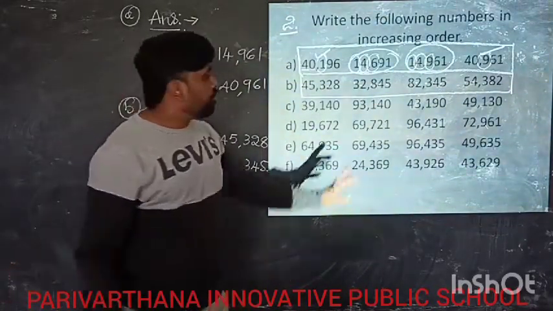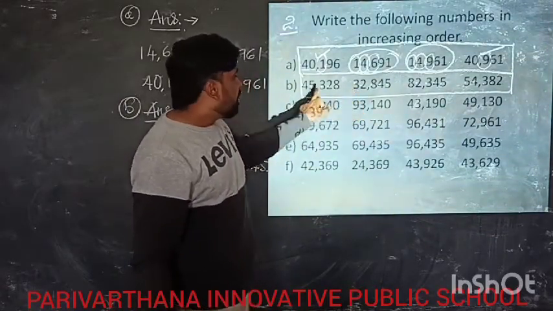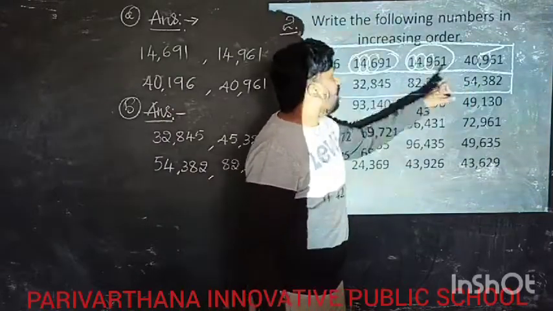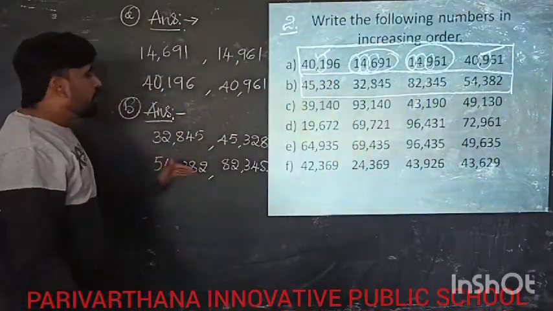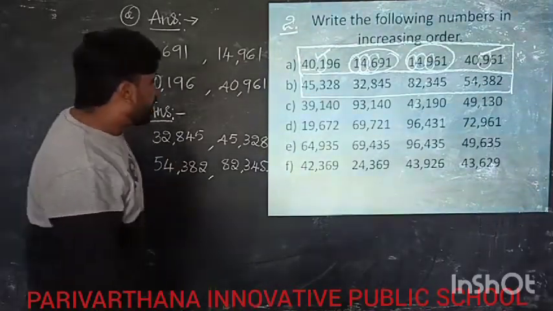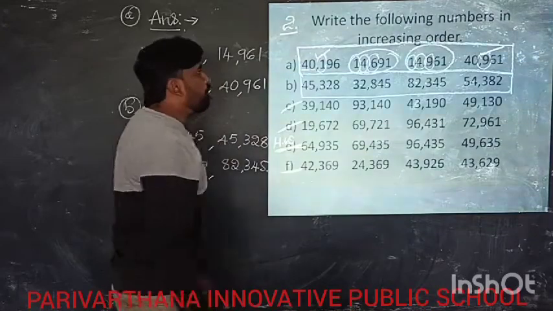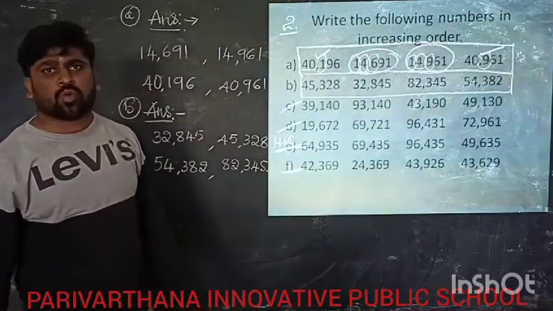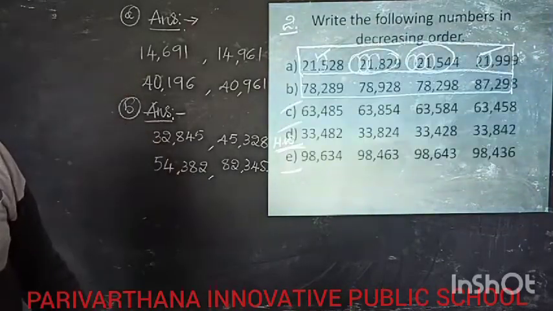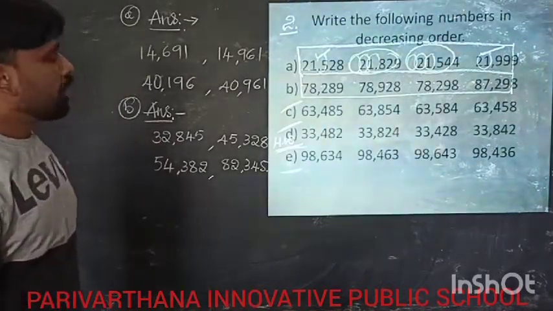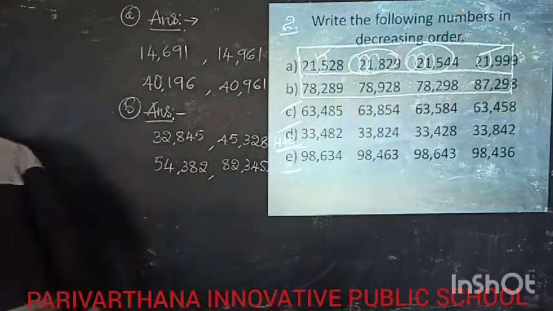Clear? By observing the 10,000 place, we can conclude that all the digits are different. Therefore, 3 is small compared to all the digits. 3, then afterwards 4, then afterwards 5, then afterwards 8. We are arranging according to increasing order. Like that, you have to try the remaining 4 problems in exercise 1.3 second main. Clear? Next we come to the third main, exercise 1.3, that is the third main.